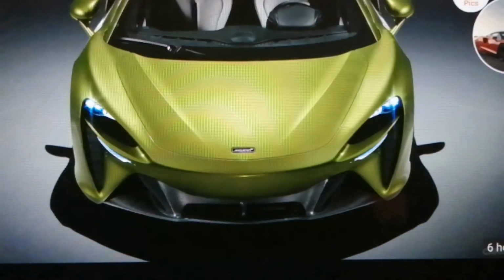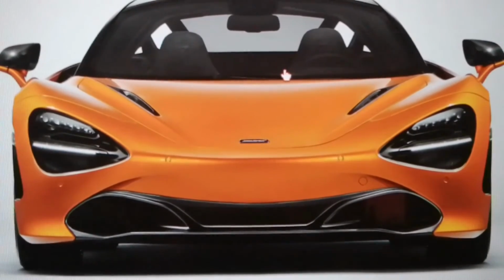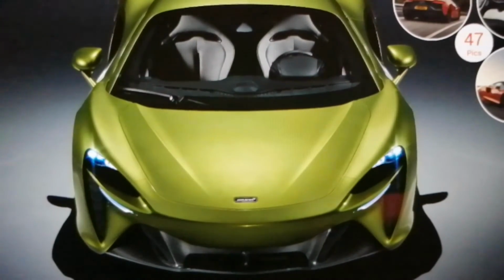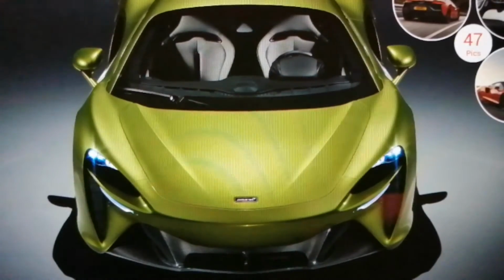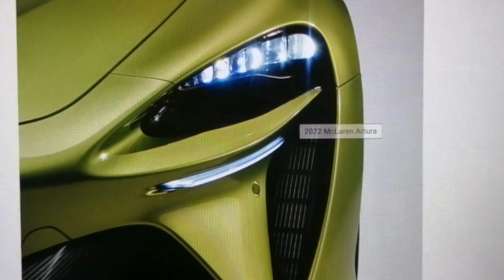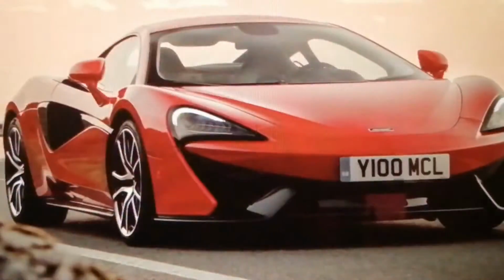Like in the front, shape-wise. So like this, or this, because I'm thinking that the mirrors look more like the Artura. As you can see, they do look really similar, almost identical, and the same goes with the headlights. So I'm guessing it's partially there, like this is a better view. It's partially from the 720S here, and partially from the 570S,